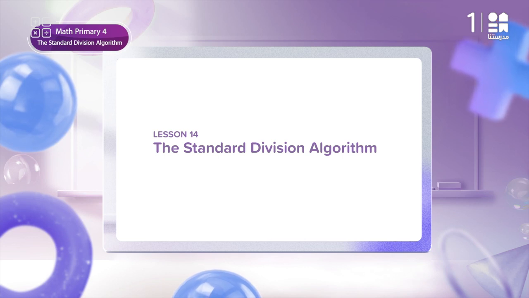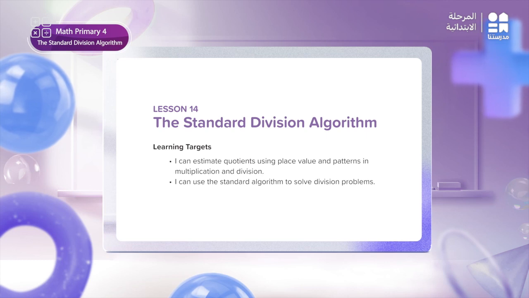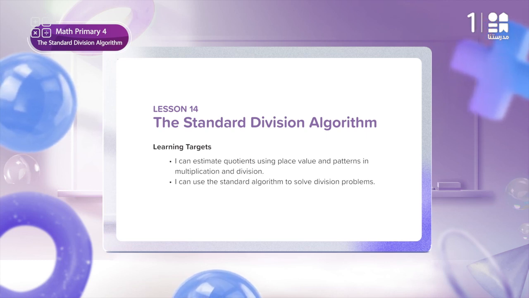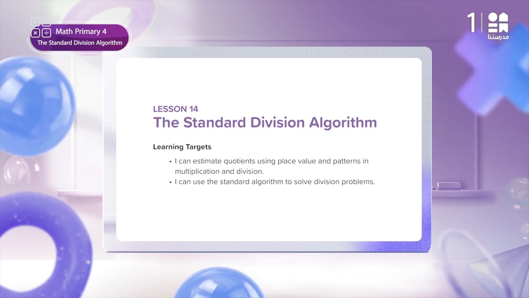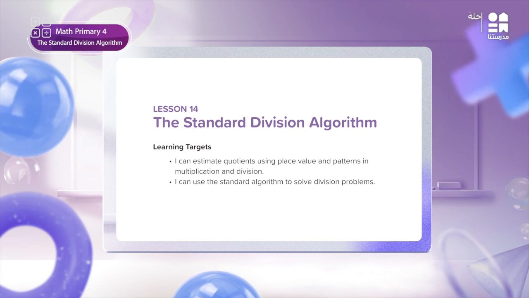We have practiced division in the previous lessons in more than one way. عرفنا ازاي نعمل division in more than one way. زي ايه؟ زي estimation وكمان الاريا موديل والpartial quotients algorithm. Today we will continue our learning and we will learn how to estimate the quotient using place value and patterns in multiplication and division. We will also learn how to use the standard algorithm to solve division problems, and we